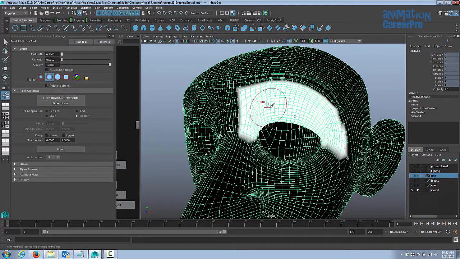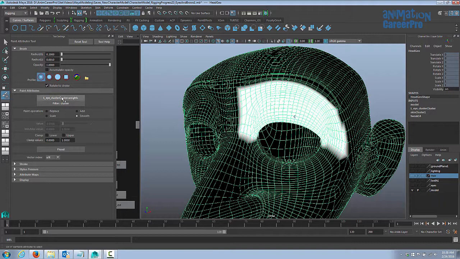So you can see our brush looks very big here. We can control the radius here under radius. I find that it comes in at 3. I'm going to put it at about 1.5 maybe, or 2. 2 is probably a pretty good size for now. And as we're painting weights, we're continuously changing the size. And then here we have a more gradient brush, and this brush covers a larger area.